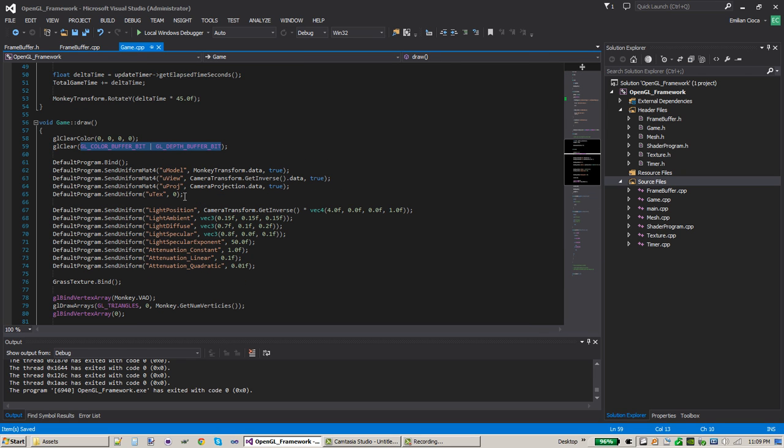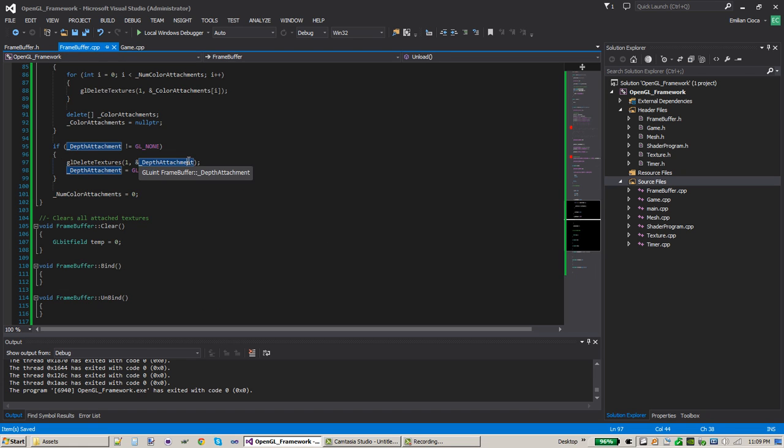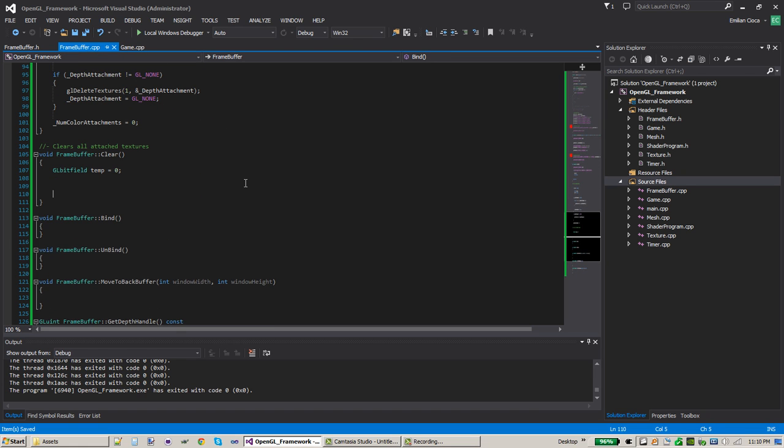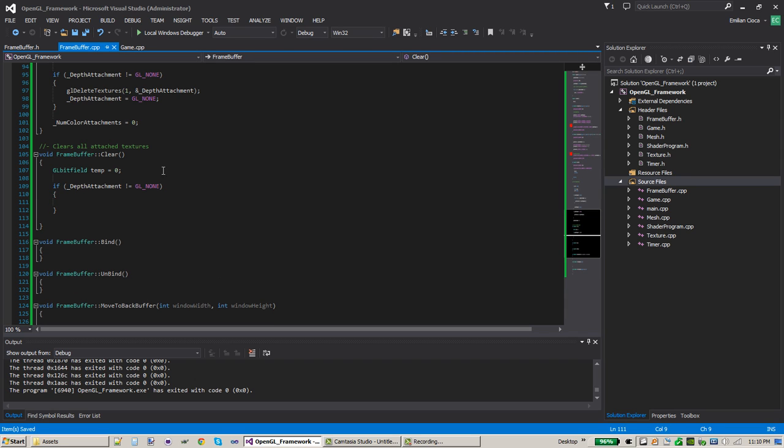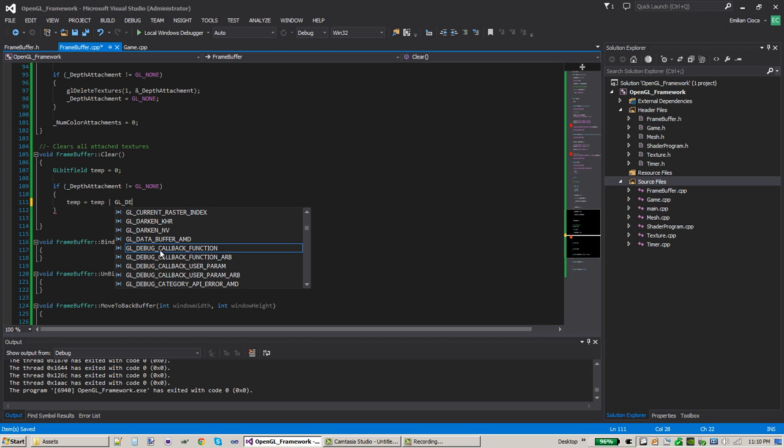So what are we actually going to be doing here? We're actually going to be creating this parameter. So just like we call glClear on anything else, we're going to need to specify if we want color to be cleared and if we want depth to be cleared. Now, of course, with the back buffer, we know there's a color and we know there's depth, but our frame buffer might have one or the other, or both. So we need to dynamically create that parameter. So if depth attachment does not equal GL none, then we can add the GL depth